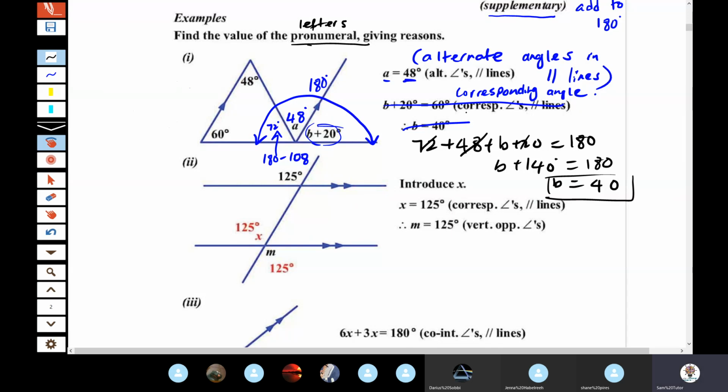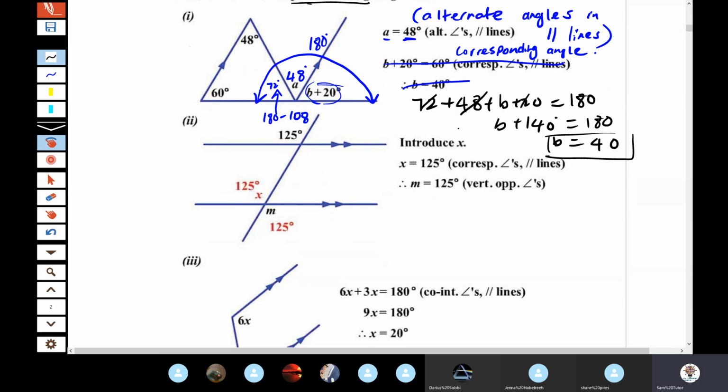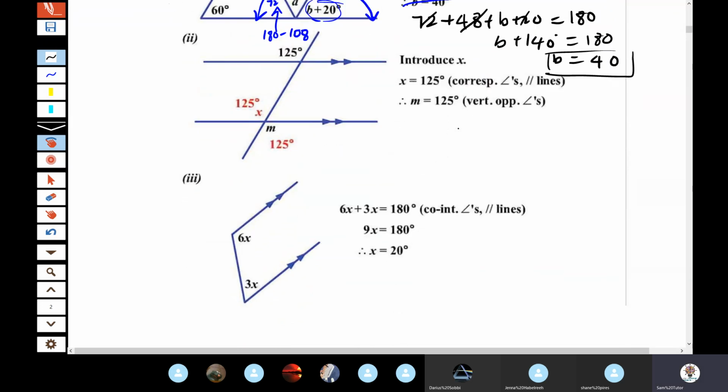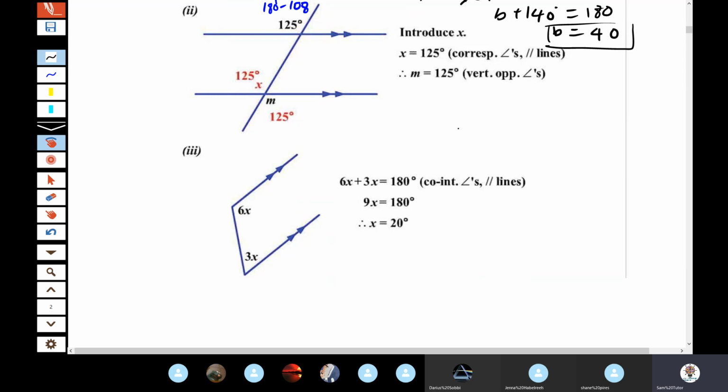The biggest one you probably want to remember is alternate angles, because that one you can't actually get out any other way for any of the questions. But corresponding and co-interior, you actually can. You can probably never use co-interior if you wanted to, even. That's how useless that one is. But anyways,